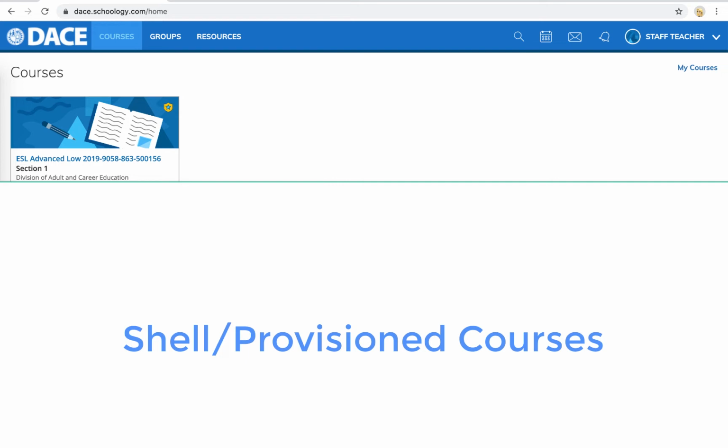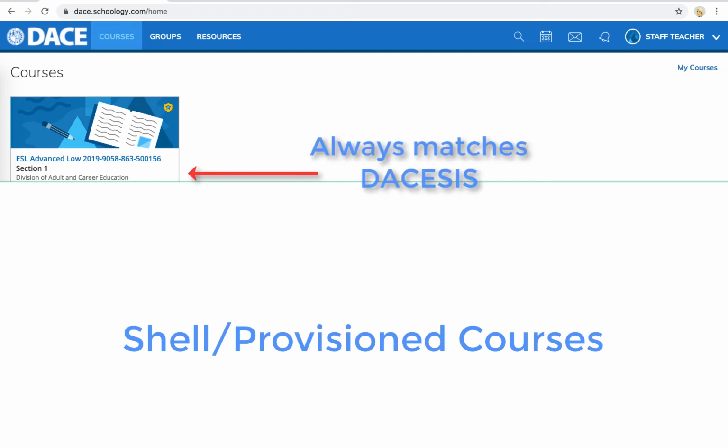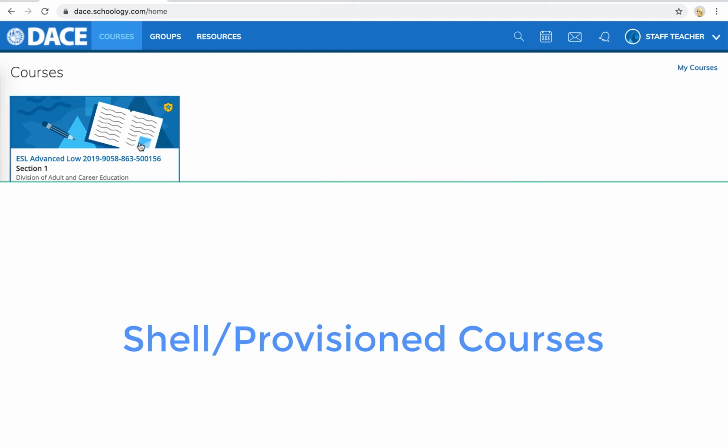Shell courses are also called provisioned courses, and what you see here on my dashboard, ESL Advanced Low, this is what we would call a shell or provisioned course. For every class that you teach, you have a course that's automatically generated in Schoology by DASIS. What that means is whatever is in DASIS will be in Schoology. Your student roster will match what's in DASIS. So clicking on this course,